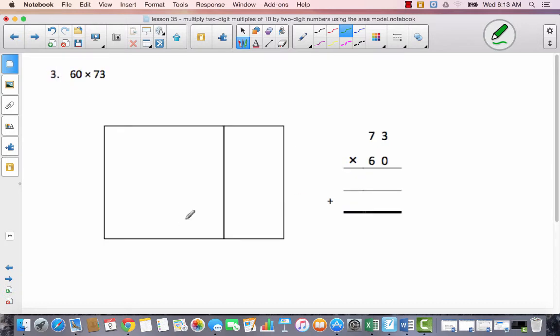All right, let's try this one. See if you can go ahead and set the area model up all by yourself and try to multiply and see how you do. If you get stuck, you can always press play. All right, so over here we're going to put 60 because that's our multiple of 10, and then we're going to put